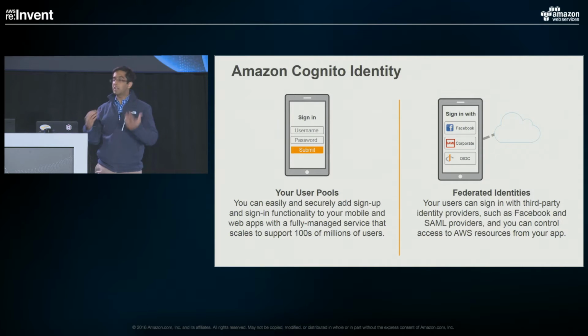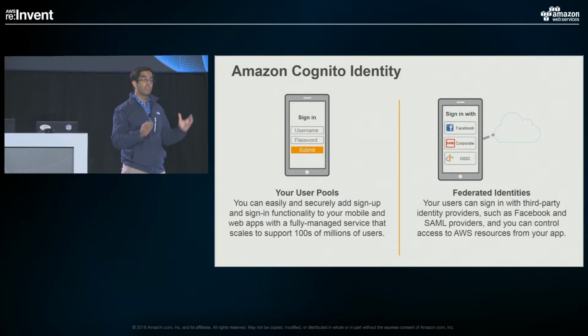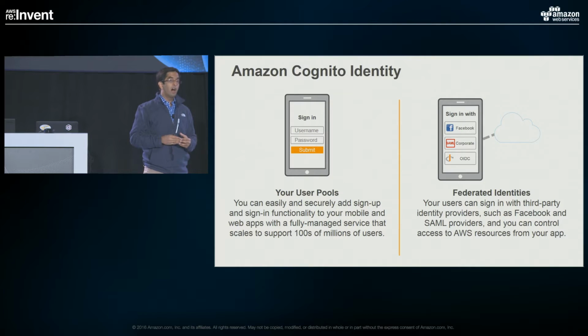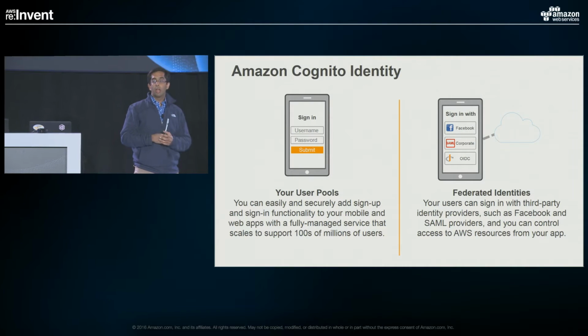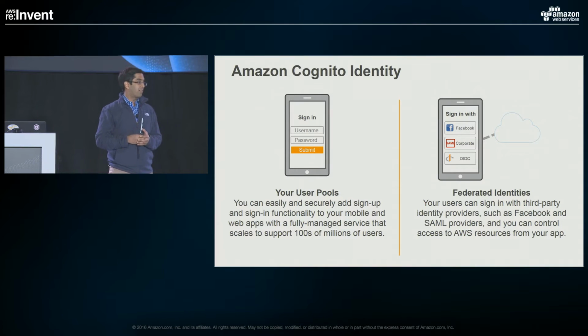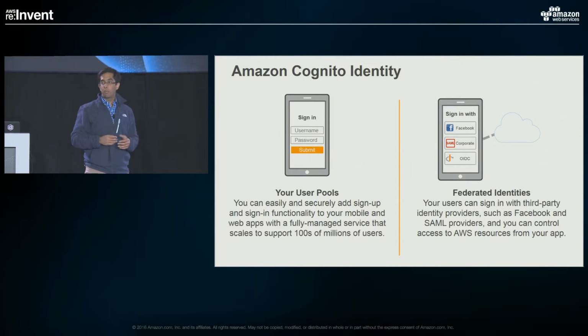So that's where Cognito identity comes in terms of our service. And here, I want to call out two things. So first of all, the service is composed of two components. You have your user pools and federated identities. Now, to understand these different services a little bit better, I like to align on a simple framework. And I know folks are coming from various different levels of expertise, but bear with me for just a moment. And if you think about essentially the end-to-end user flow, there's three pieces, right? There's a user provisioning step, user authentication, and user authorization.